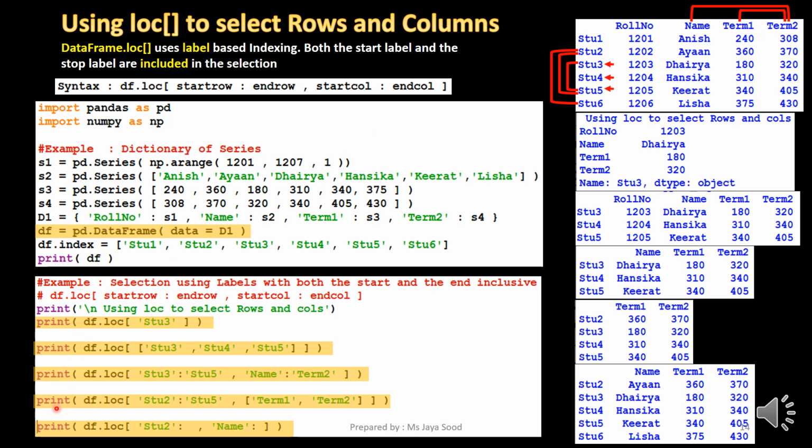The next statement, print df.loc stu2 colon comma name colon, will start the selection from the row labeled stu2 till the last row and the columns from the column labeled name till the last column as shown here in the output.